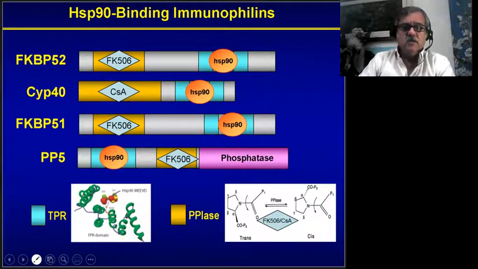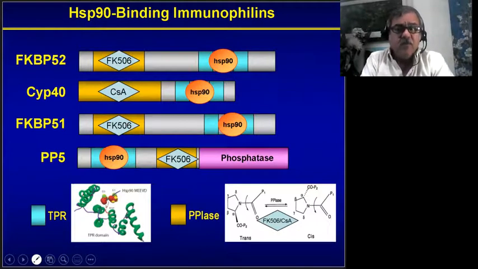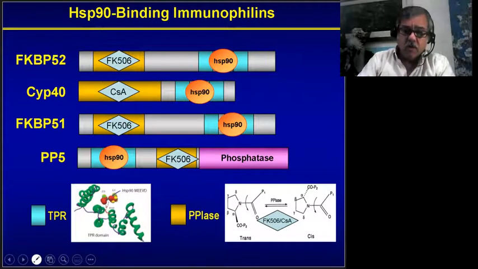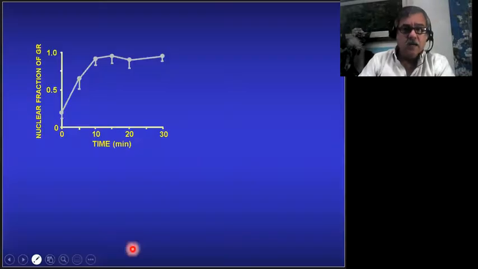When these immunophilins were first discovered, their functions were unknown, except for the fact that they were not involved in immunosuppression, a phenomenon mediated by low molecular weight immunophilins only. Therefore, we focus our interest on the elucidation of their function, and these are our early observations. It was known that the nuclear accumulation of GR is complete after 10 or 15 minutes.